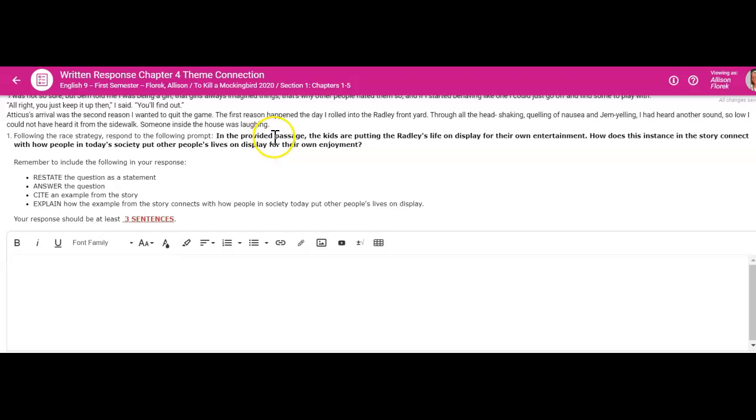In the provided passage, the kids are putting the Radleys' life on display for their own entertainment. How does this instance in the story connect with how people in society put other people's lives on display for their own enjoyment? So you're going to restate that question. You're going to say, this instance in the story connects with today's society and how people put other people's lives on display in this way. And so explain that, give a specific instance, and then explain that instance. So you may say,